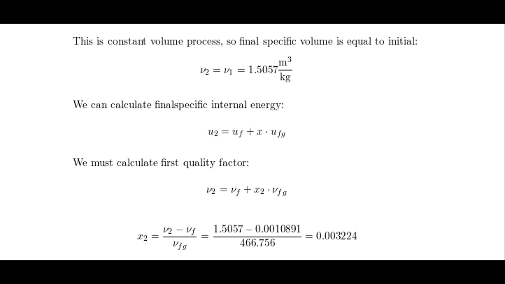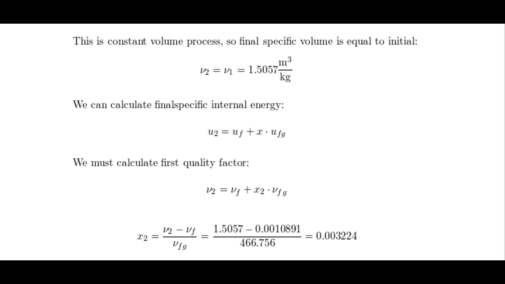V sub 2 is equal to V sub f plus x sub 2 times V sub fg. So, manipulate the formula and we get x sub 2 is equal to V sub 2 minus V sub f divided by V sub fg, and this equals to